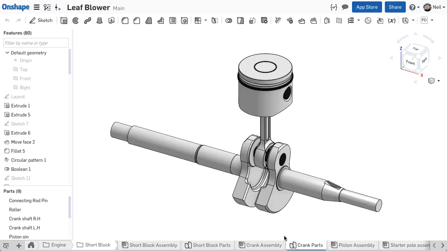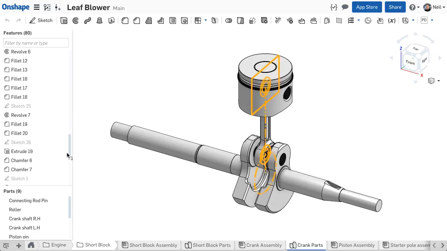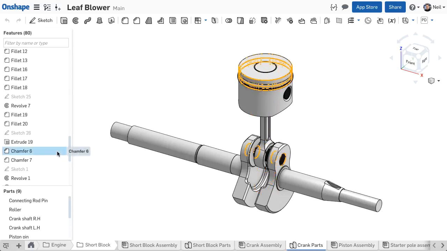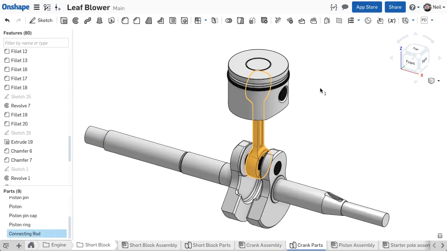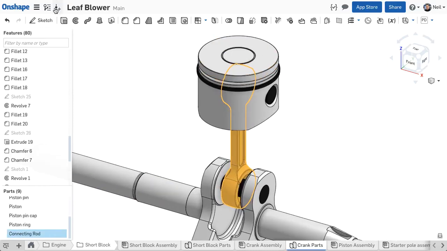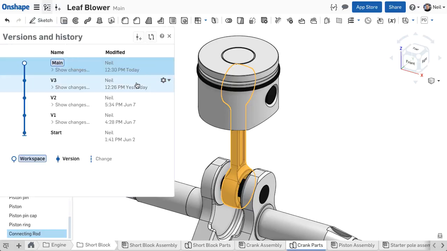Parts are designed together in a part studio, unique to Onshape. This makes it easy to build designs from layout sketches, share common features across multiple parts, and build robust relationships that update predictably. To redesign this connecting rod, you can edit or delete the original, or you can use Onshape's